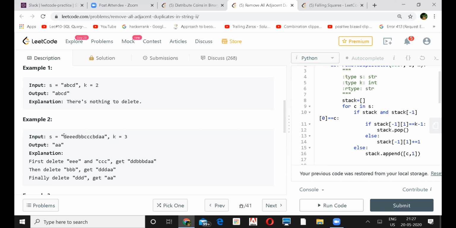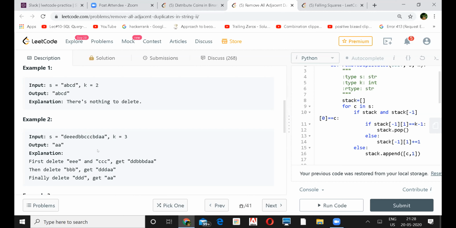So the point is, let's say we start off with D, then we check whether the next three letters are the same or not. In case they are the same, we just come back to the previous pointer, and again start checking, remove it, come back to a previous pointer, and again start checking.